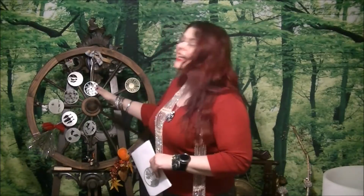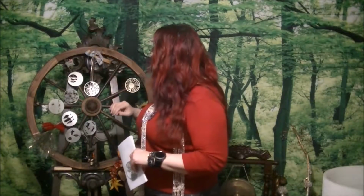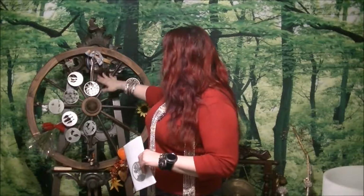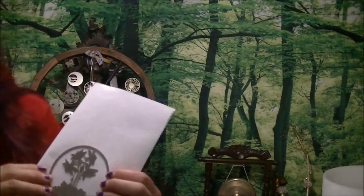Today we are talking about another phase that we're going to add into our wheel here. We are at Beltane. I got so excited about the festivities going on at Beltane that I hadn't turned the wheel when we got to that point, but I have turned it now. As you can see, this beautiful sprouting grass moon, or the pink flowers moon, was coming alive at the end of April. Beltane was the very beginning of May, and now we are moving into our next moon phase. It's actually a full moon tonight, the 18th, and this beautiful moon, as you can see, is another one